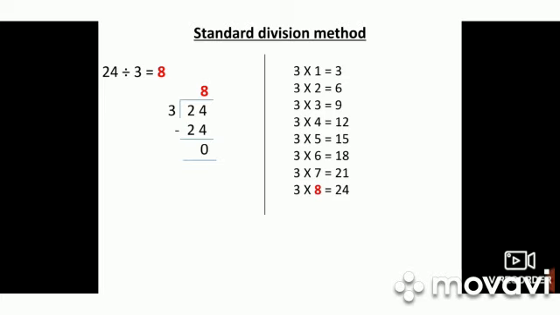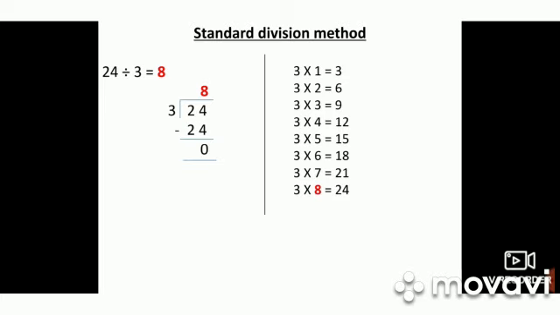Standard division method. This is the method used to follow in the higher classes. This is the only method we will follow for division. Here the given example is 24 divided by 3 is equal to 8. What we have to do, the dividend is always inside the upside down L. You should keep the L upside down, inside write the dividend first, the biggest number. In that division fact 24 is the biggest number, so write 24 inside.